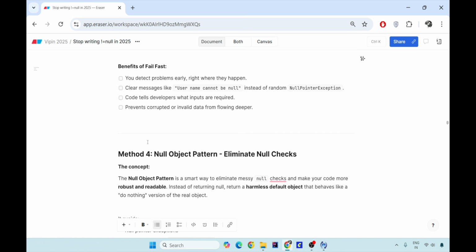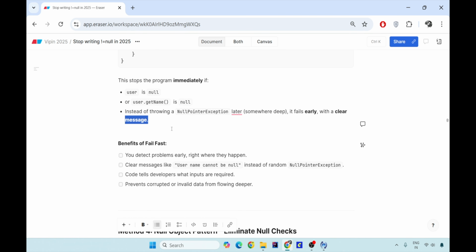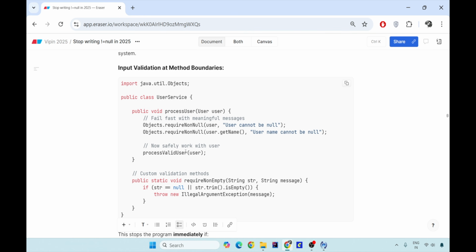So what is the benefit of this fail fast application? Fail fast exception is that you don't get null pointer exception, but you get a proper exception message, but you get an exception. So here you detect the problem as soon as the problem arises. That's what null pointer also does. As soon as you try to do user.name, you get an exception. But also you are making sure that even though you are not getting null pointer exception because you are just printing the user, here itself you are failing this application.